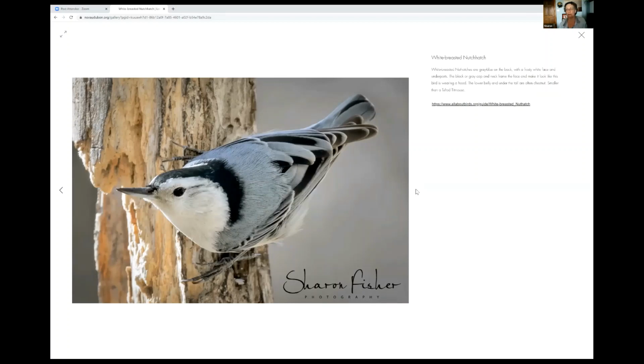We have two. We have red-breasted, which is really uncommon. If you've got one, take a picture of it. I love them. They're a little bit smaller than the white-breasted, but these guys are so cute. The white-breasted will go up and down trees both ways, where the creeper only can go up and is tiny